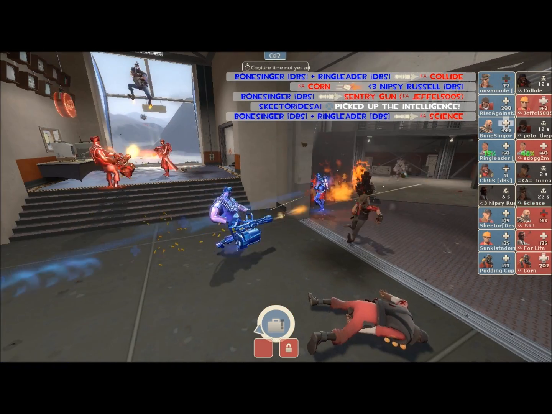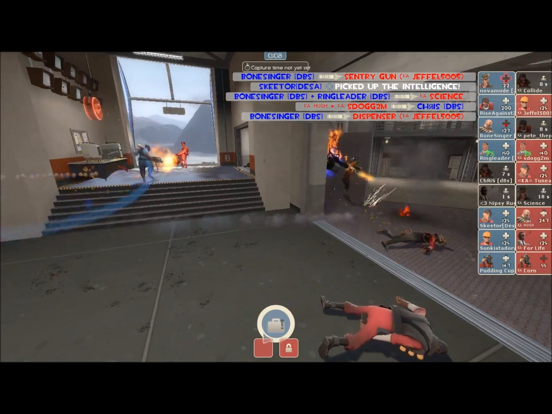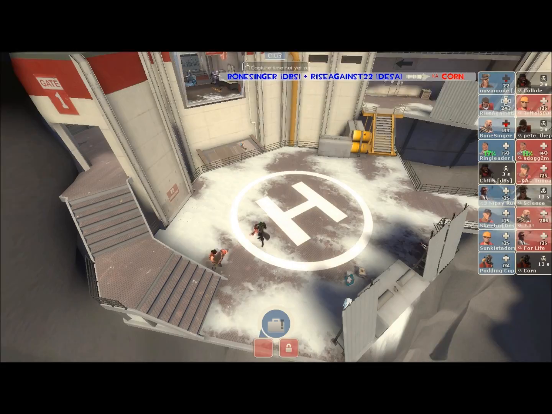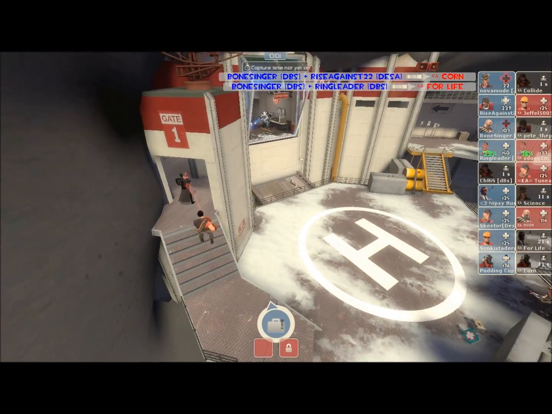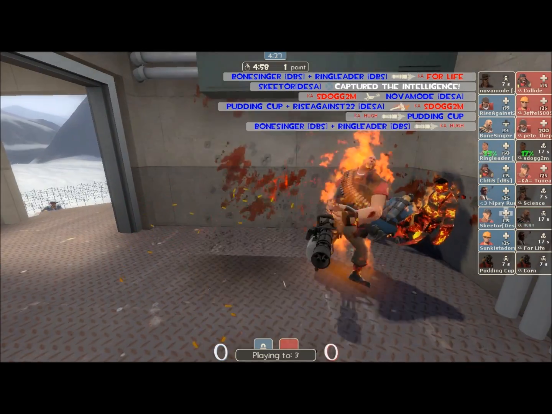The sentry is going down, so looks like they just want to get as many kills here as possible, kind of stand on the point and delay this push a bit. But wow, gets pushed back out here. That's not where you want to be as a Medic Heavy combo. Really far behind the enemy lines here, so I think that was just a really bad positioning choice on their end. S-Dog,